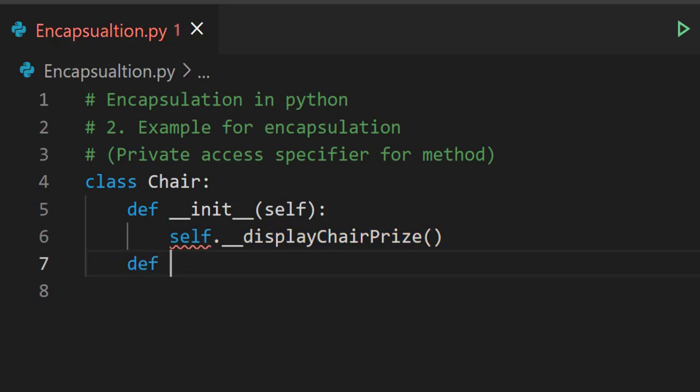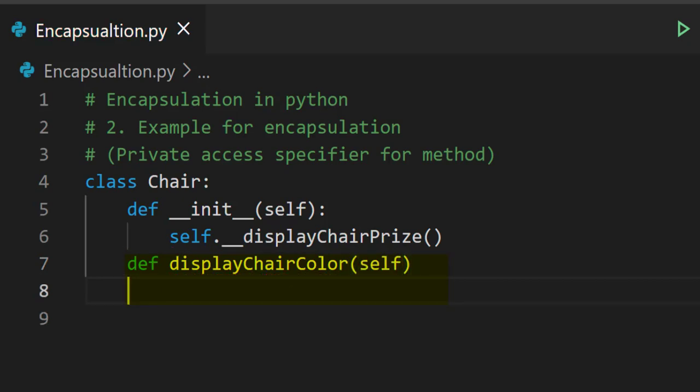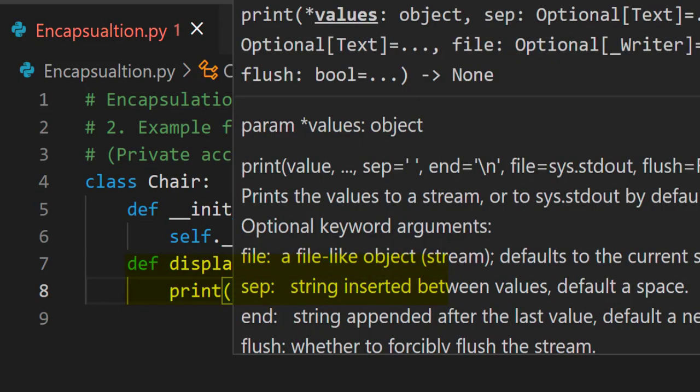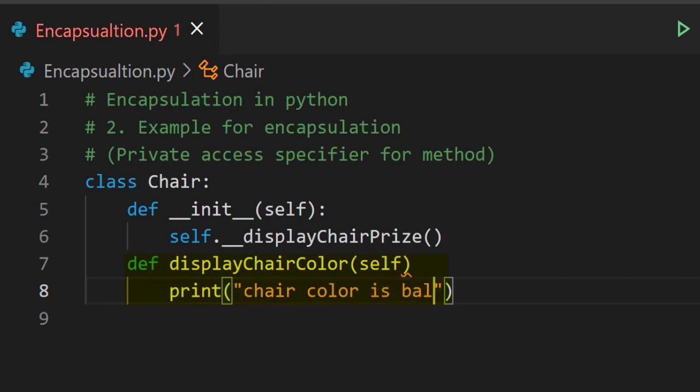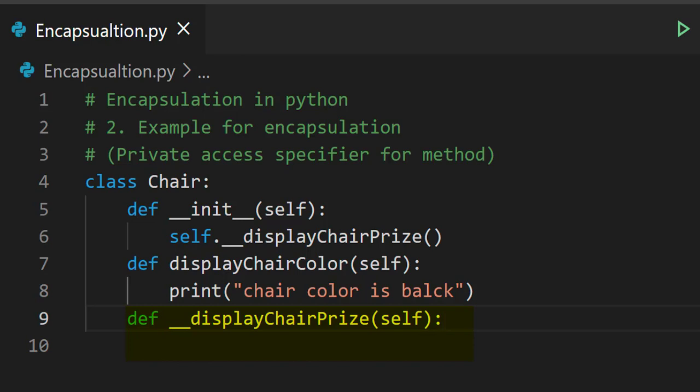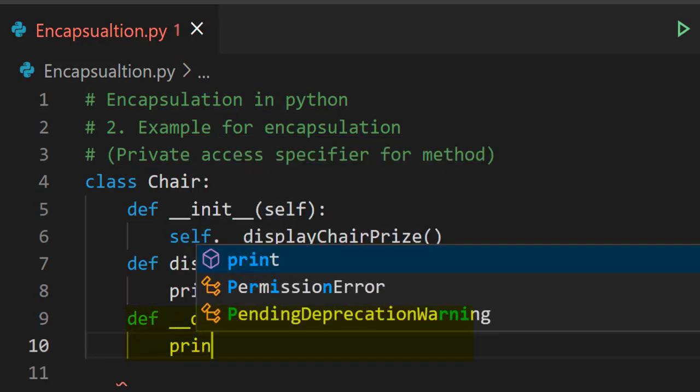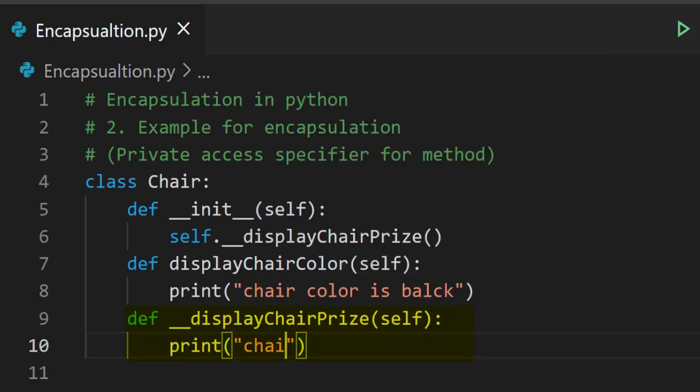Then we'll create one more, def display chair color with self parameter and with print function with string chair color is black, and we'll define the private method, that is def double_display chair price with print function, that is chair price is 1000.